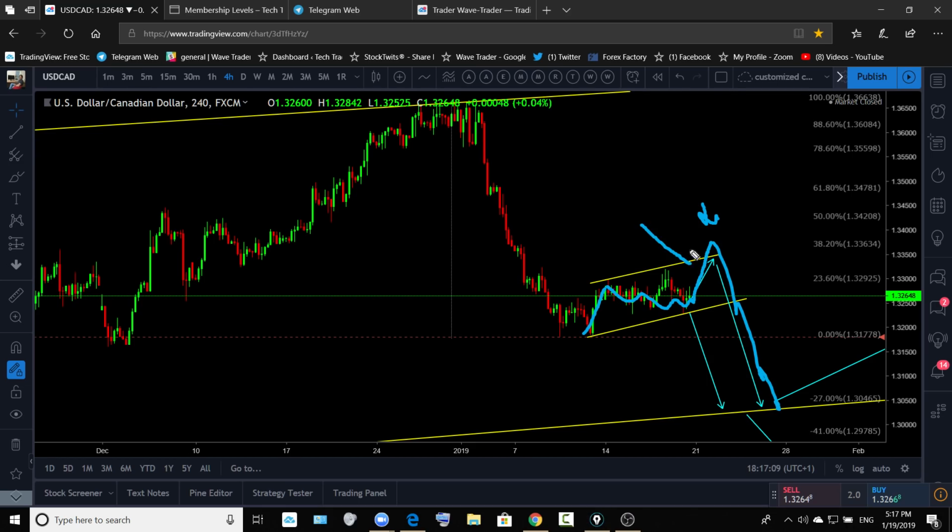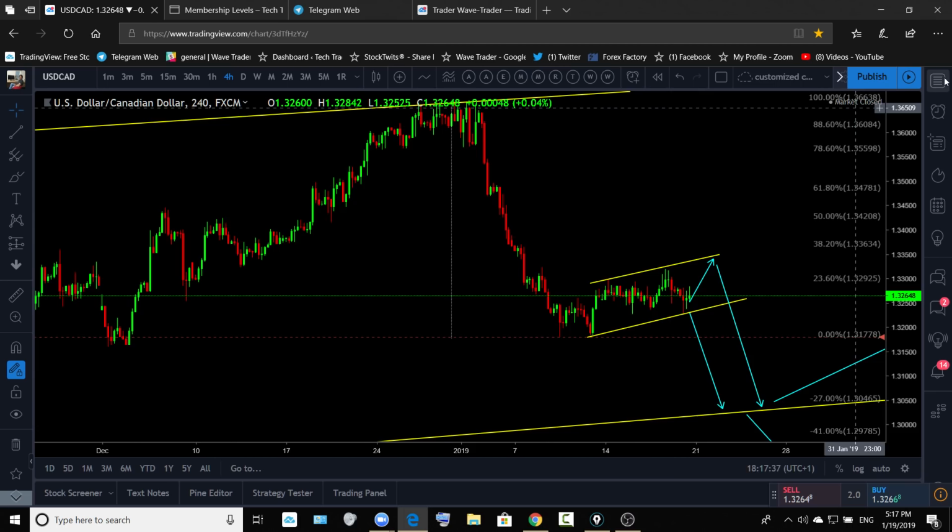Yeah, if this move is going to be very, very aggressive, you can buy for short term for upside. But as I said, we're going to be longer term bearish on the dollar CAD, so we would prefer to go for short on the dollar CAD after watching price action at this area. Or if we see that the breakout is going to happen aggressively like that, we will follow that breakout to the downside.